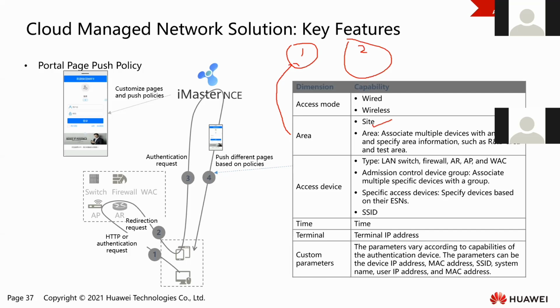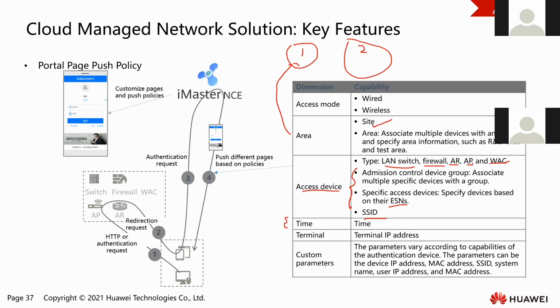Okay. And for access device, you can specify whether this portal will be pushed based on the devices. You can specify maybe you just want to push the portal to the switch, or maybe only push to firewall, AR, AP, WAC. Okay, so you can also specify this inside your NCE campus, and you can also specify based on ESN or SSID. Okay, so this one you can choose based on your requirement,